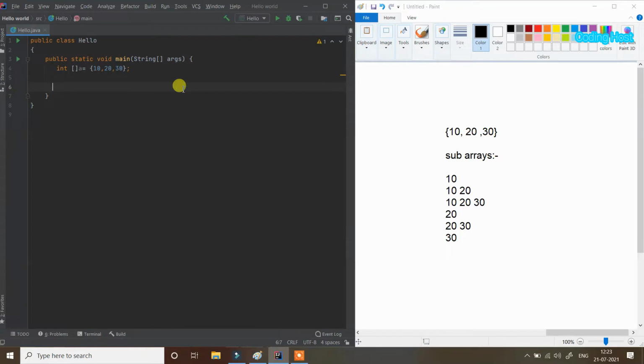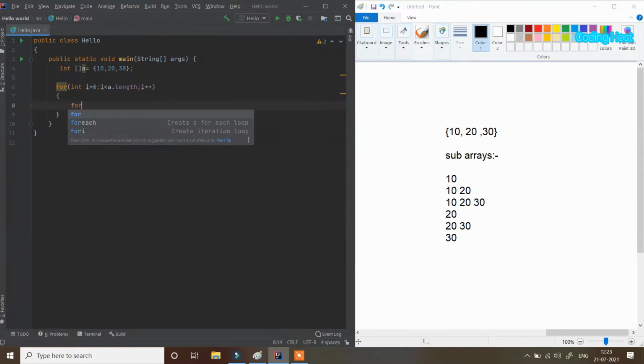In the program we need 3 for loops: for int i equal to 0 and i less than a dot length and i plus plus. In this for loop I will take another for loop, for int j equal to i and j less than a dot length and j plus plus.